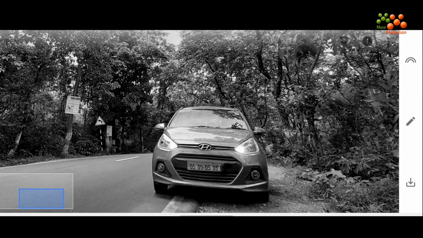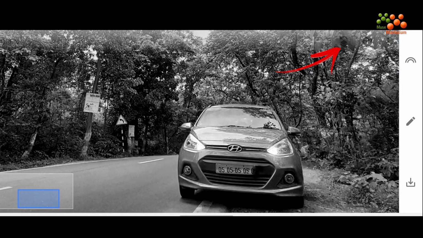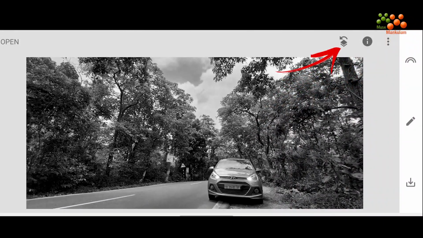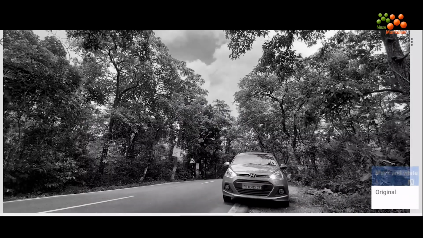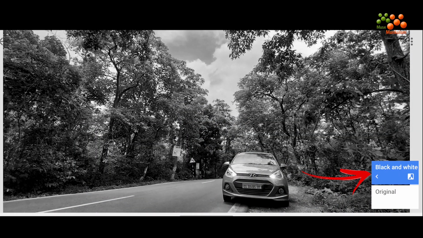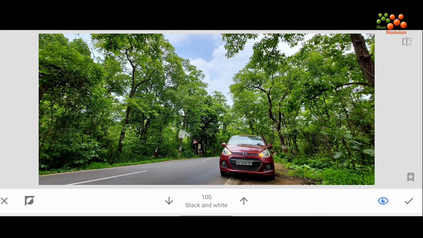So now this is how the image is looking. This is the pre and this is post. Now what we are going to do is go to the edit history. Okay, so we will go to the edit history tab, view edits. The edits will be showing in layers. So we are going to select the black and white layer, click on the edit. So this is how it is showing.